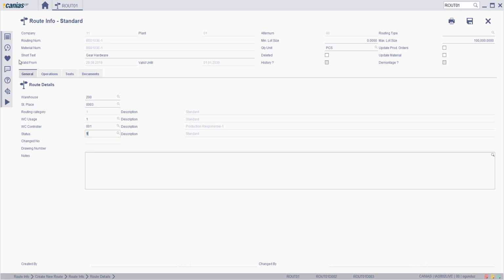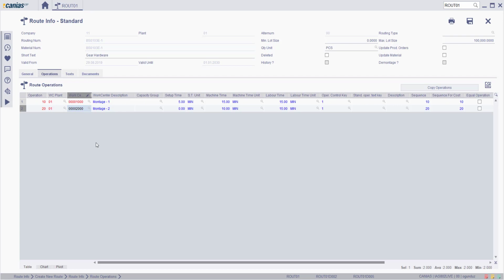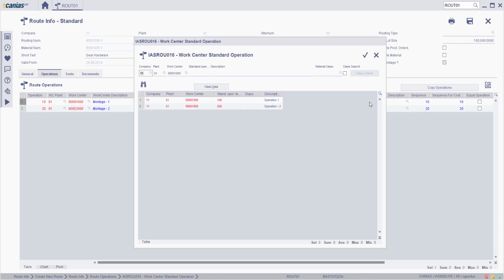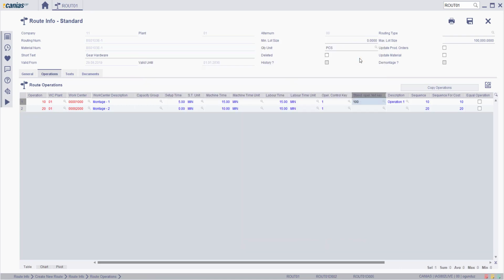Descriptions of the relevant operations must be completed before saving the route. If the fields in the table contain the Work Center standard operation defined in the check table for the Work Center, the operation description can be filled in by entering the operation description code in the corresponding field. After the operation descriptions are selected from the standard operation text field over here, the description will automatically flow from the standard operation text key, or you can manually enter the description yourself.